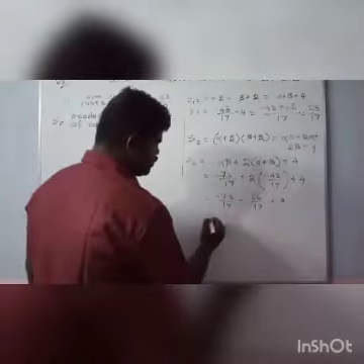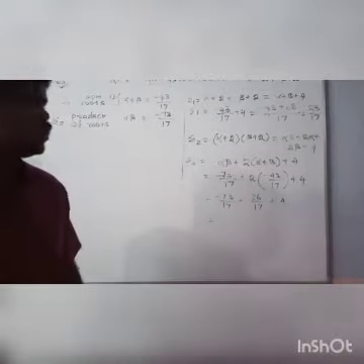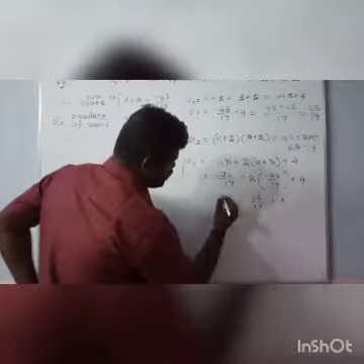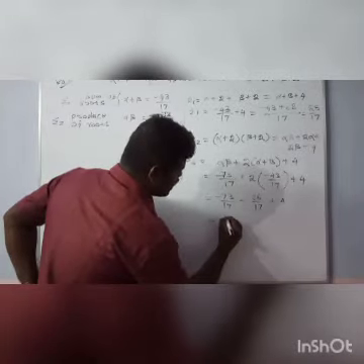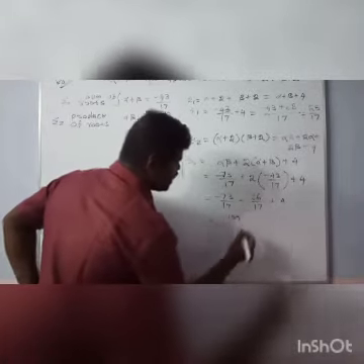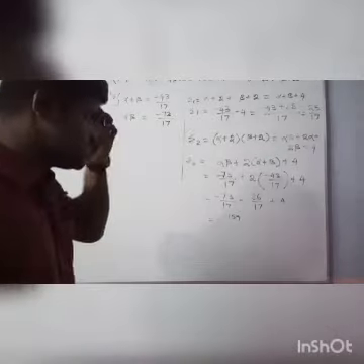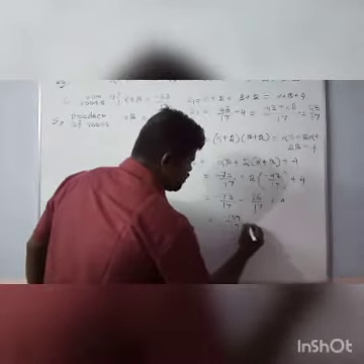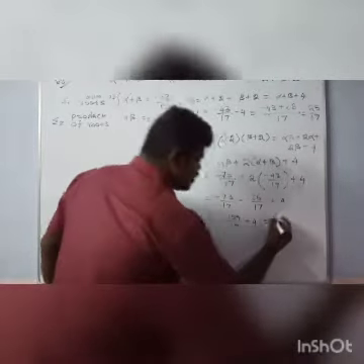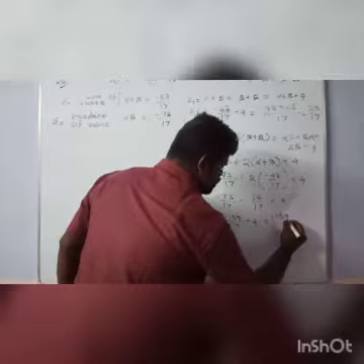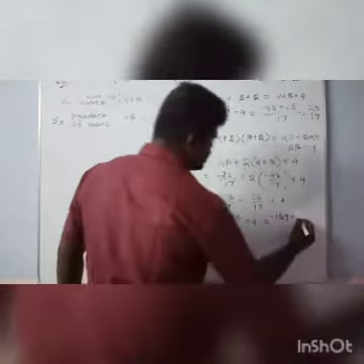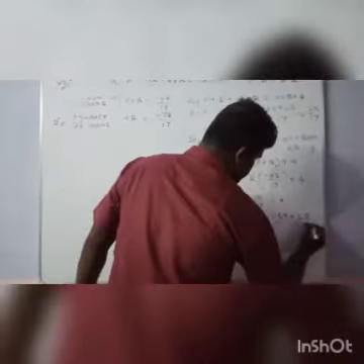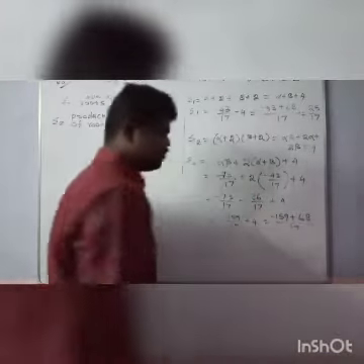First of all, we have to add these two terms. This is also minus 159 actually. Minus 159 divided by 17 plus 4. Now minus 159 plus 68, so totally divided by 17.